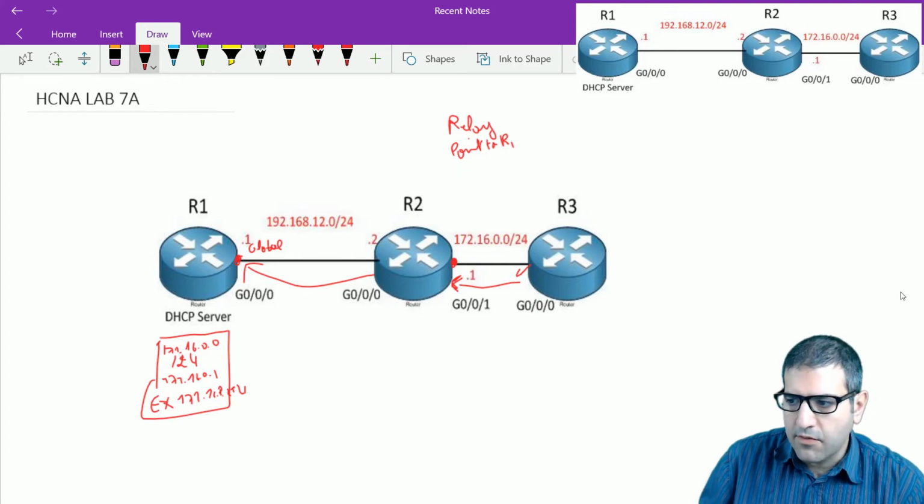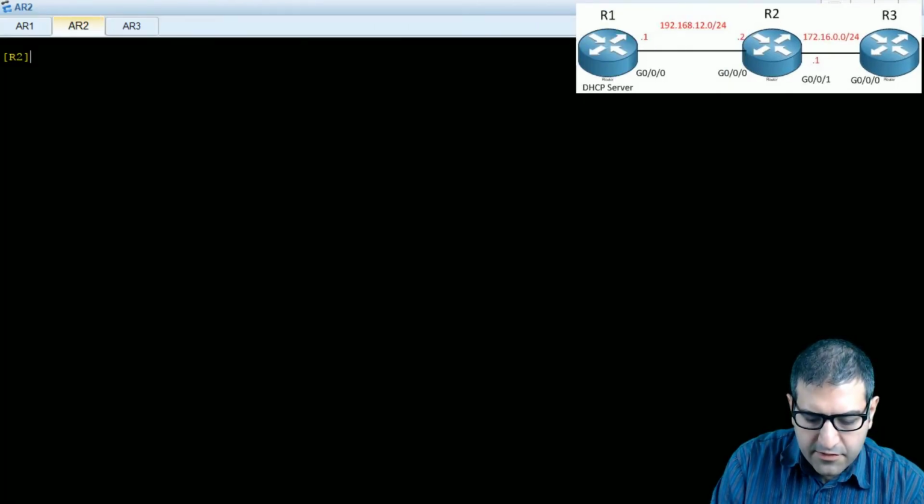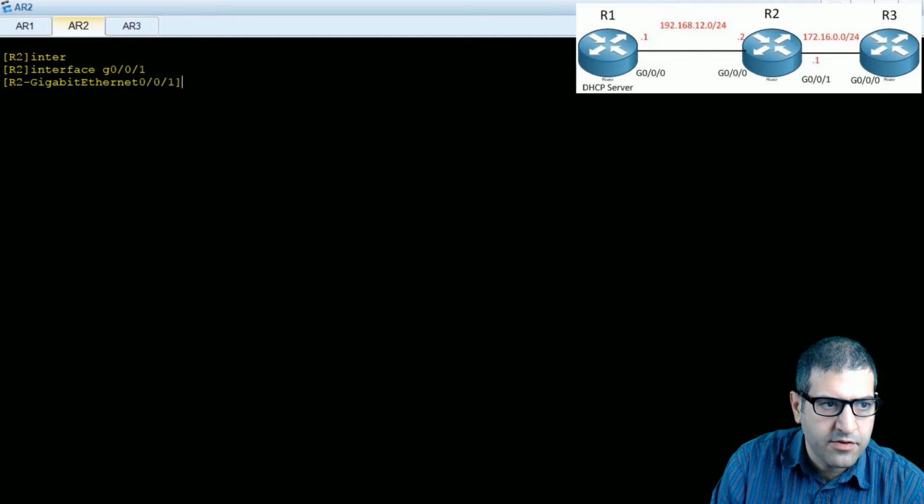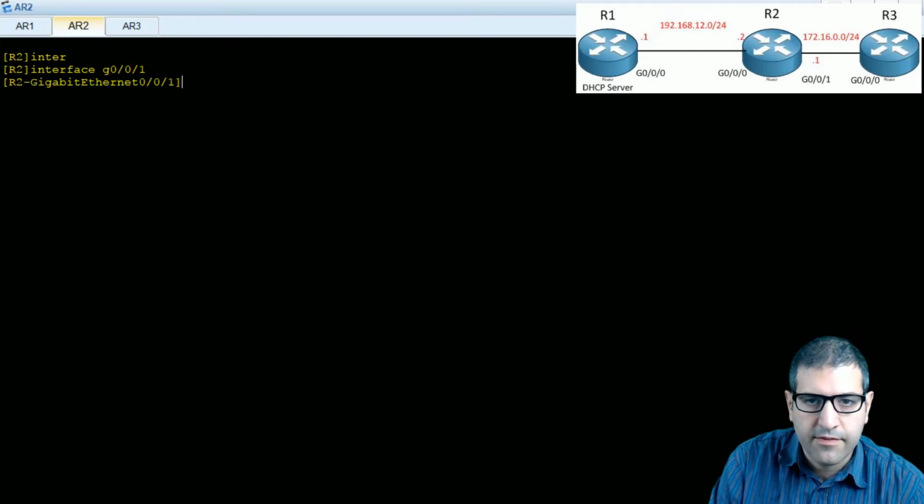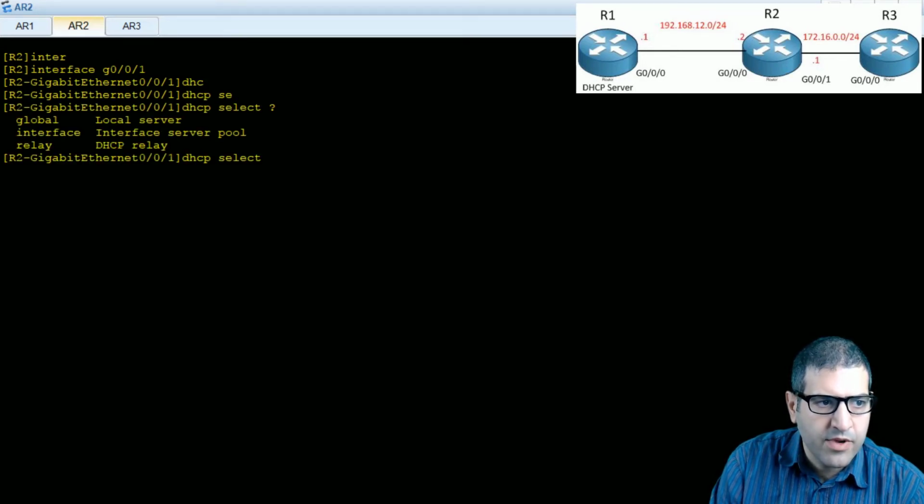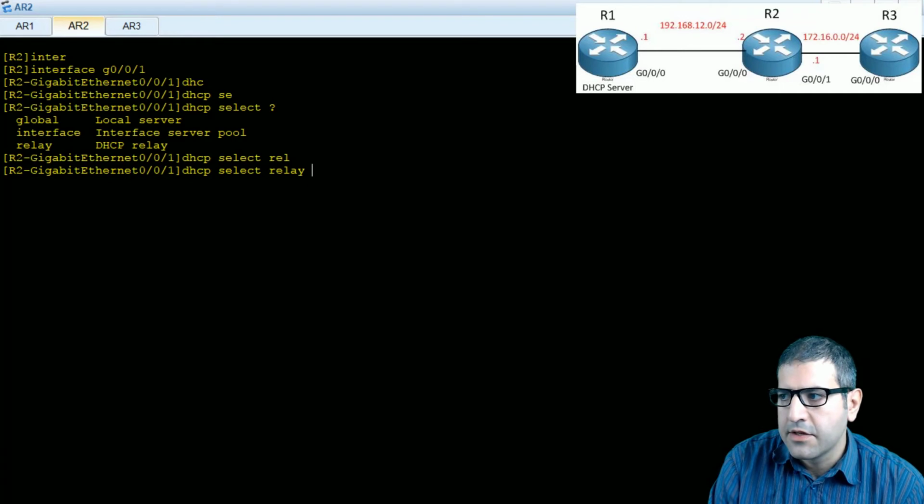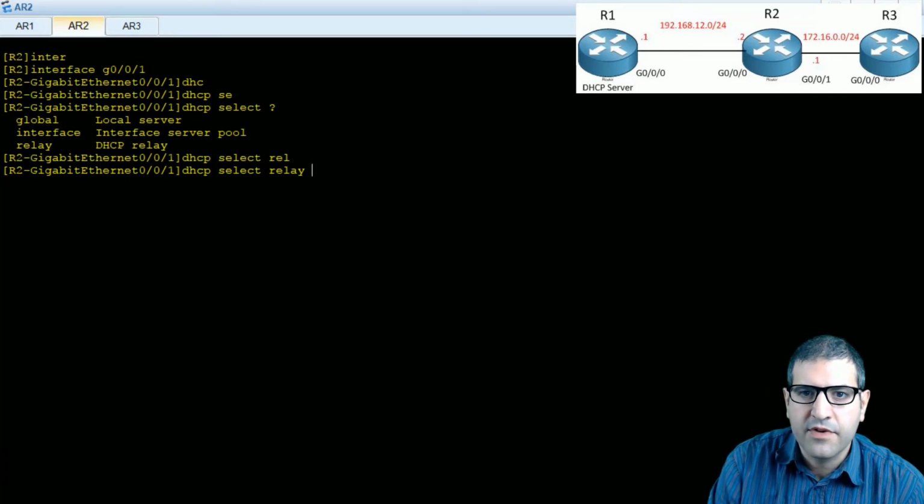All right. So we go to router 2. So here I have to go to the interface gigabit 0/0/1. Okay, that's the interface connected to the inside network of router 2. And then from here I have to say DHCP select and then? Now we have to say relay. All right. So remember, you have always to be on the interface which is connected to the DHCP client. So DHCP select relay, and then enter. So that's the first step that we have to do to say that it is a relay,